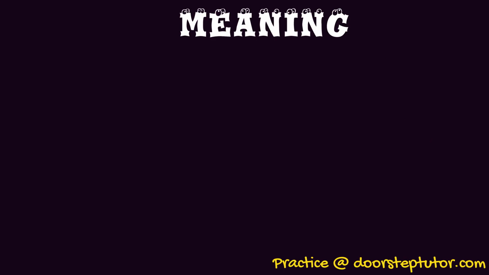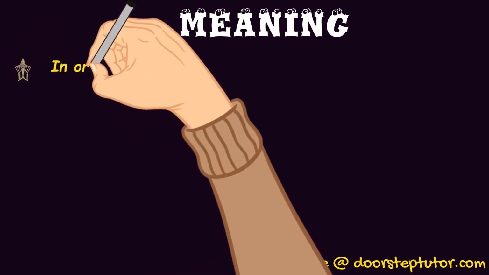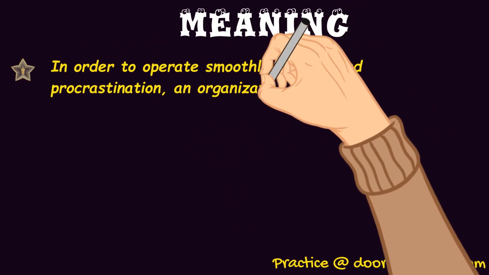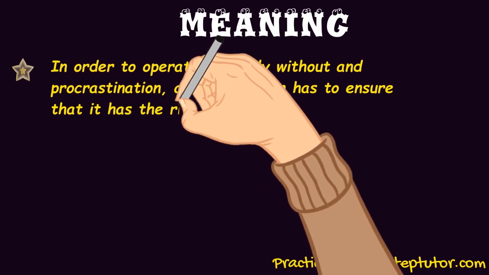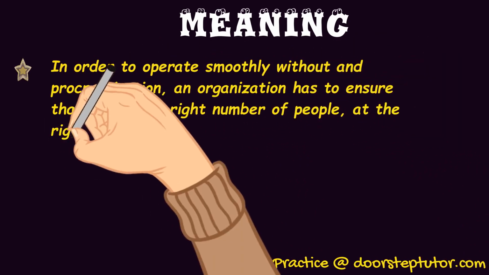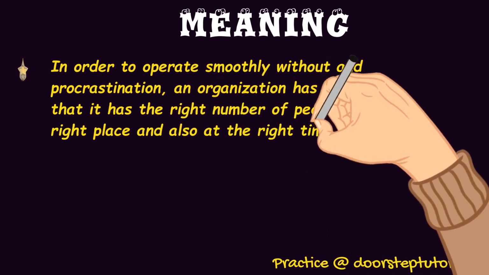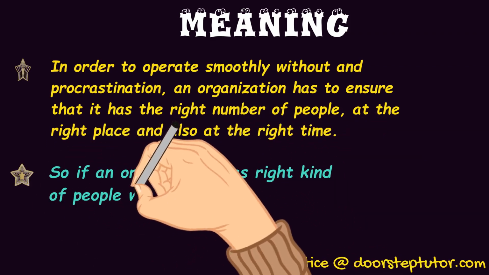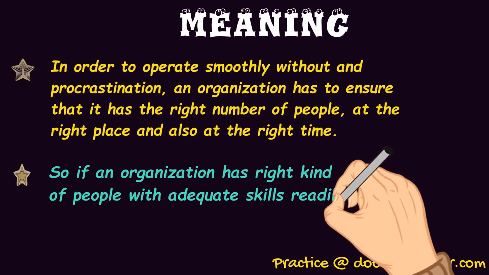See, in an organization there are many departments, there are many levels, and it is very important that the work is done in coordination, right? And also, it is important that the work happens within a stipulated time, right? So, in order to operate smoothly without any procrastination, which is delay, an organization has to ensure that it has the right number of people at the right place and also at the right time, right? So if an organization has the right kind of people with adequate skills readily available, all the work will progress